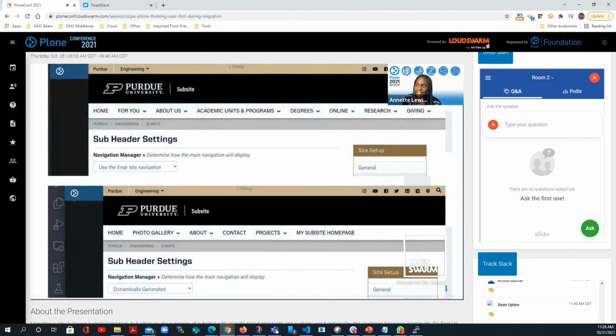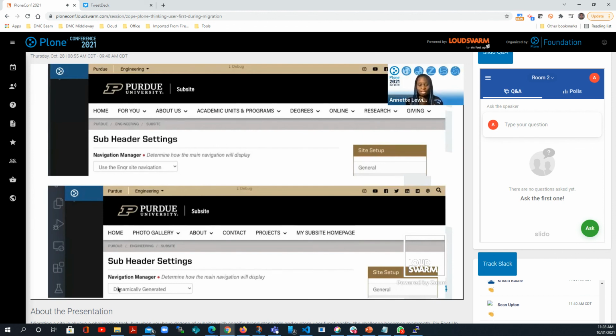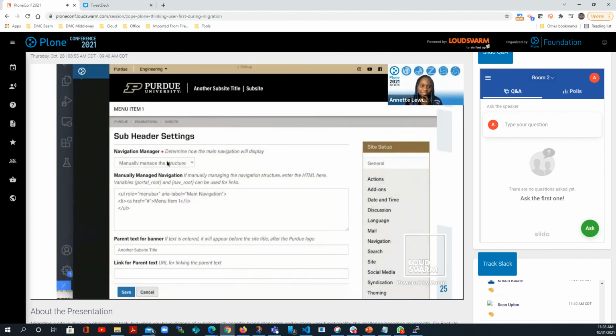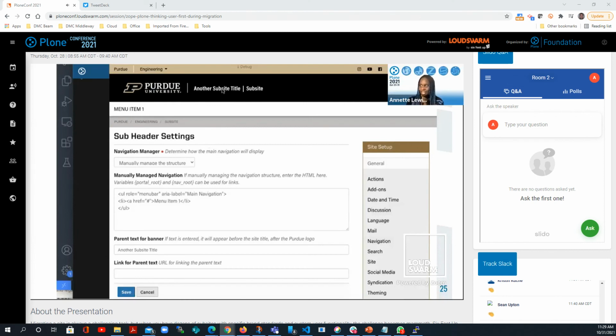Once you go into this, you can set things like the navigation menu. The first example I have up top is the engineering typical menu, what they would have across sites with that option. But they could also use a dynamically generated menu. This is just like Plone's typical menu. On top of that, because sometimes you need that extra layer of customization, we have the manually manage the structure option. So someone who really knows exactly what they want could actually put in their HTML directly for their menu, and that would populate up in the menu bar. And we're using Diazo to make those switches along with that registry value. Another thing we can do is set the parent text for the banner. So if you needed to set extra text here,